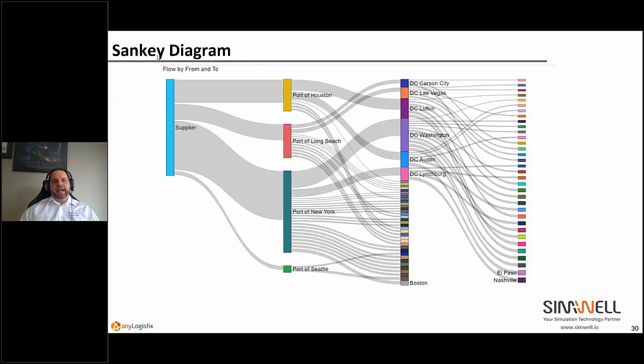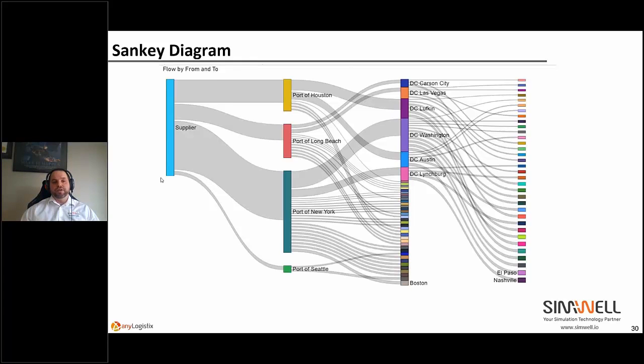In my point of view, it's an ideal diagram to represent the flows between supply chain nodes. Here's an example of flow from suppliers overseas to different ports, to different DCs or direct to customer, and then from DC to customer. And that way, in an instant, you can point out or learn things about your supply chain.